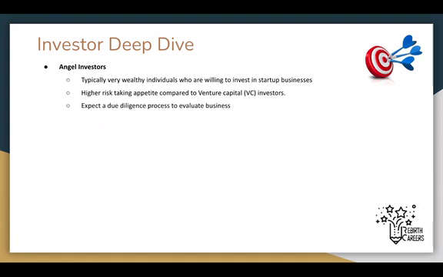You need to ensure that you are investor ready, just so that it makes the due diligence process seamless. Usually, angel investors will ask for equity, so that's a percentage of your shares. But you need to ensure that when you're negotiating, you're really negotiating well. You do not want to give up a huge percentage of your shares just for funding. Typically, you shouldn't give up more than 30%.